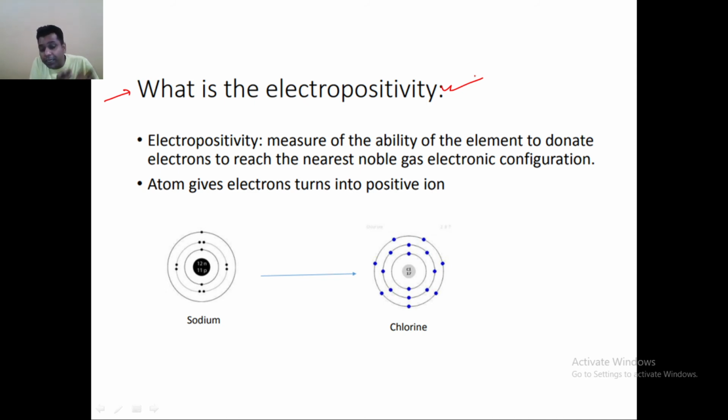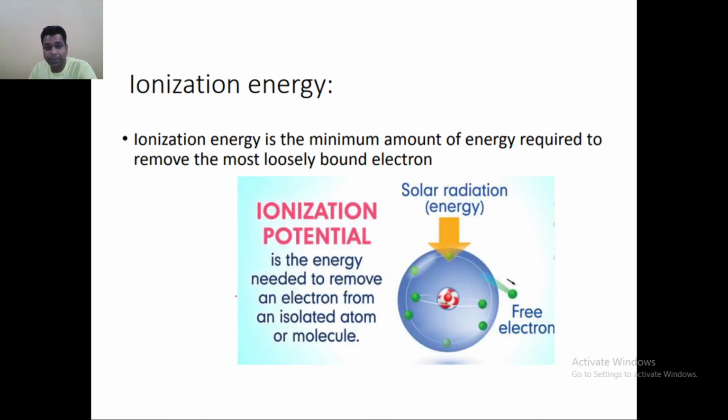In electronegativity, it was the property of attracting the electron, and in electropositivity, it is the property to release the electron, to donate the electron. Okay, I think this is now pretty clear. Obviously, electronegativity will cause the negative ion, and here it will cause the positive ion. So in this case, Na will have the plus sign and Cl will have the minus sign, and this minus sign and plus sign depend upon the number of electrons taken or number of electrons released respectively.